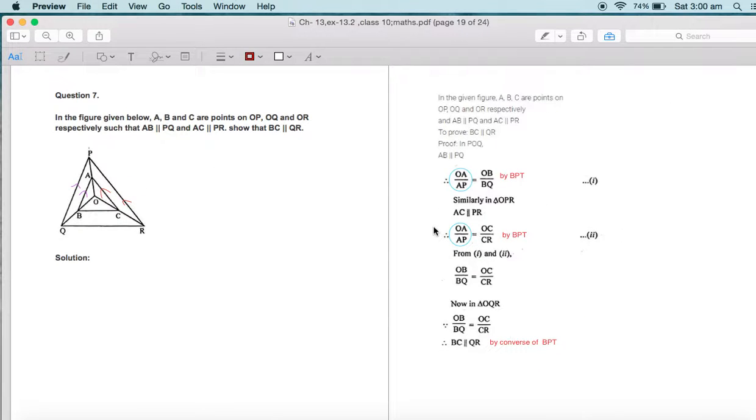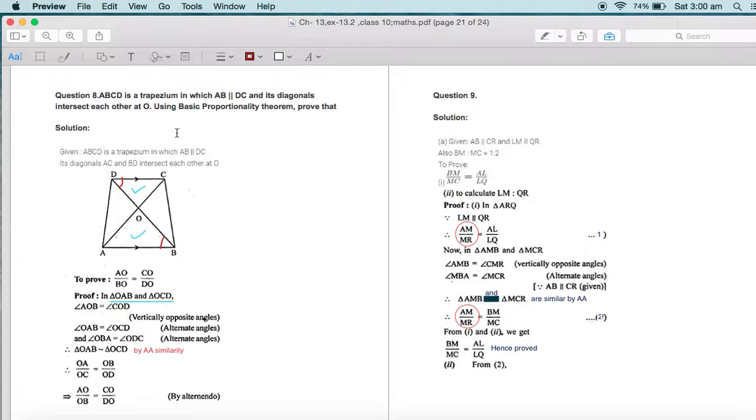Now, the seventh question. This is the last question that I explained to you yesterday. Now we are going to move to question number 8. I want everyone to be ready with maths book and register. Question number 8 says, ABCD is a trapezium in which AB is parallel to DC. Now what is a trapezium? Students, there are various types of quadrilaterals. A quadrilateral is a four-sided closed figure. Out of these various types of quadrilateral, we have square, rectangle, kite, parallelogram, trapezium, all these. One of these is the trapezium.